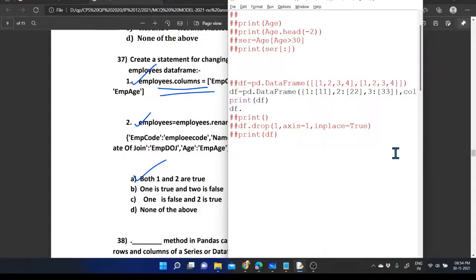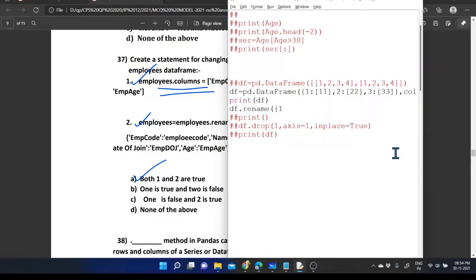That we are going to see df.rename(). That's a function actually. So within the brackets, as a dictionary, we will pass the key, and the key will be taken as the column name. So here 1, 2, 3 that we provided as the column name.